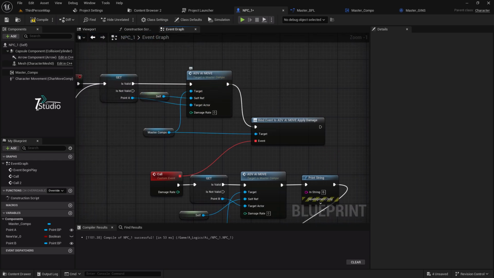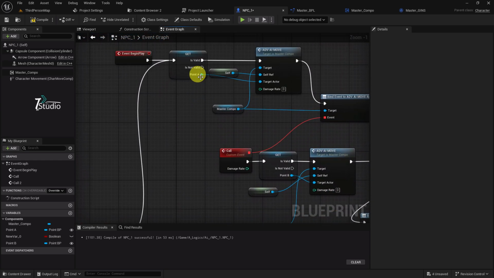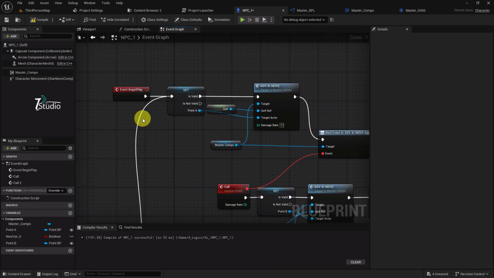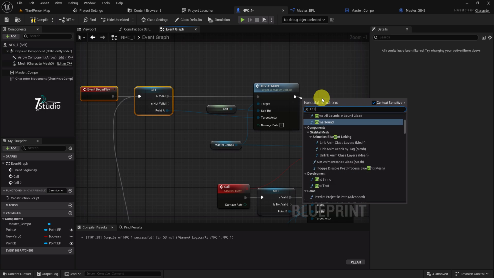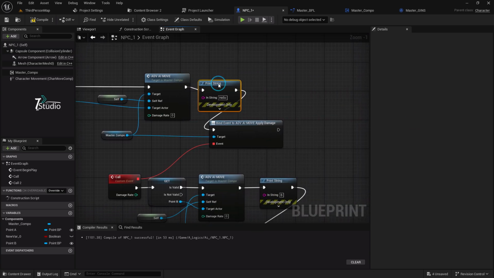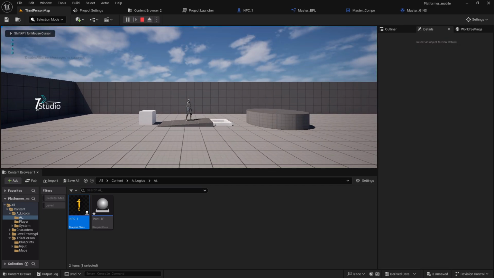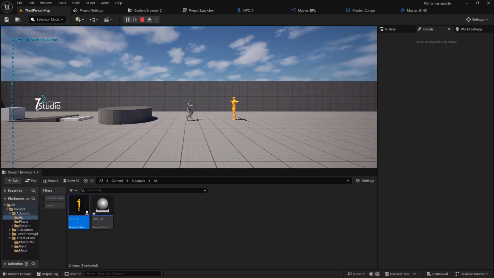So B, and after that B, once it's reached this one, it should execute this one as well again. So, like, print A, compile, save, let's click on play. AB, you can see it's calling, but